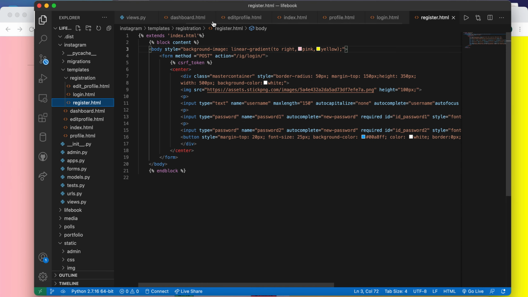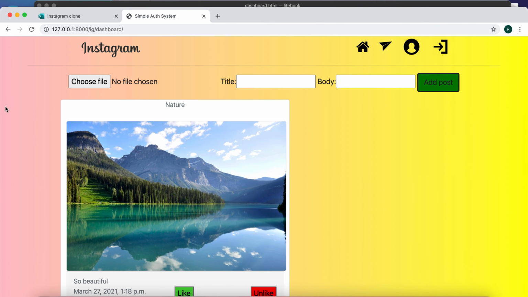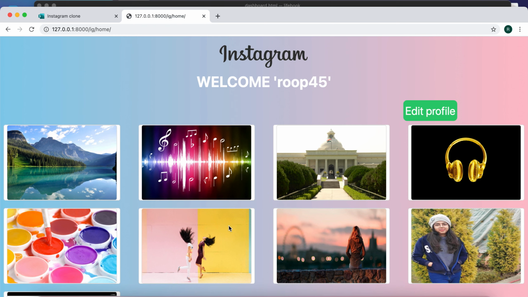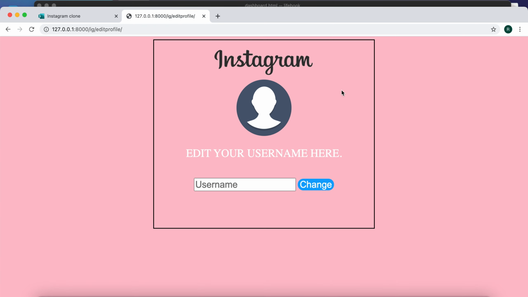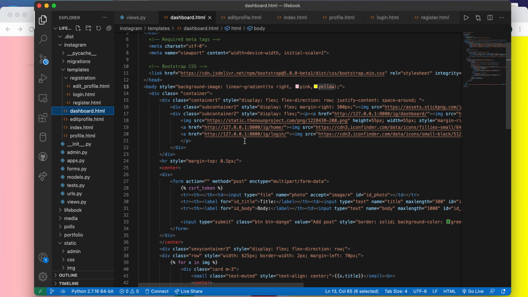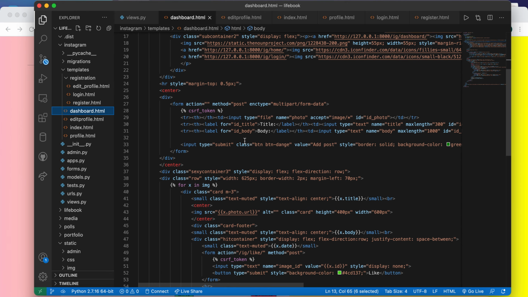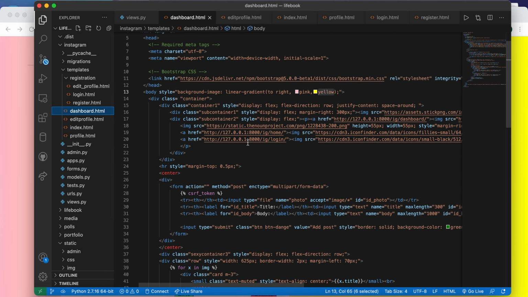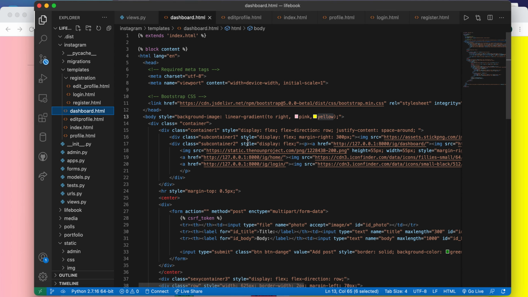And the register page is also quite similar, and similarly you need to write your dashboard page. So you know now, the dashboard page is this one. After clicking over there, that is my profile page, and this is the edit profile page, right? So that's all. I guess there's nothing much to explain over there.